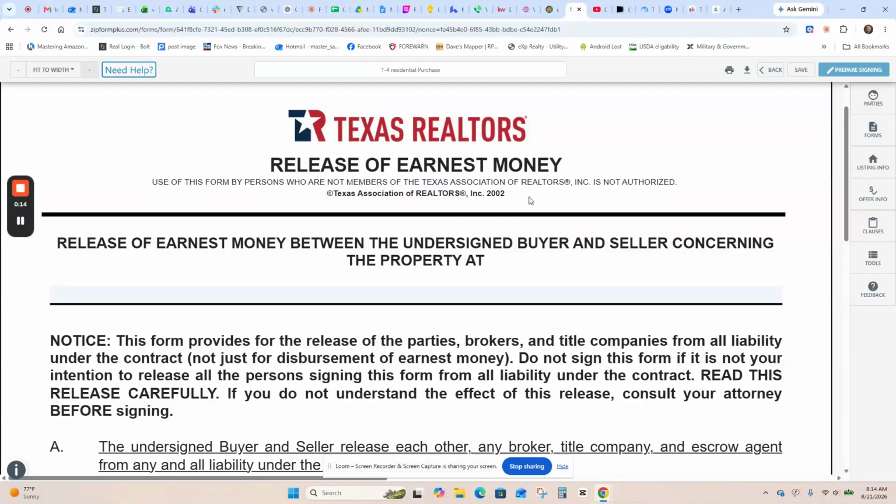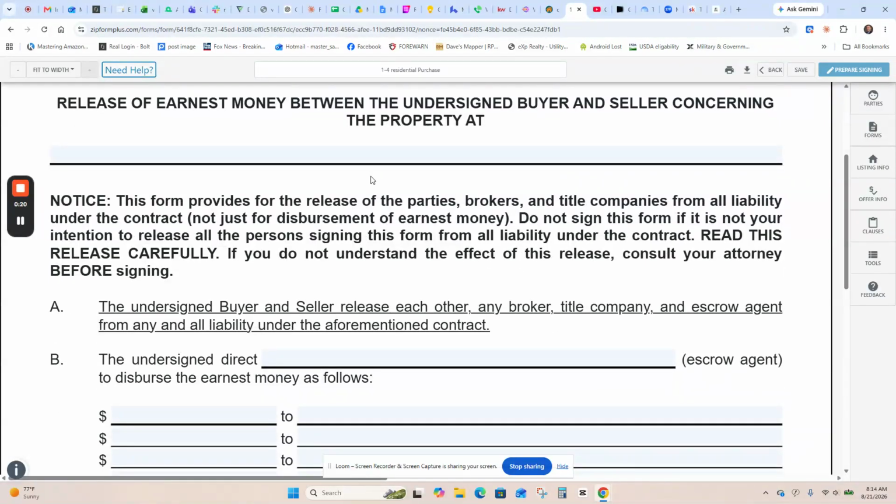Now again, this is when the buyer has backed out of the contract and they're asking for the seller to release the earnest money. Like it says, this form provides a release for the parties, broker, and title companies from all liability under the contract, not just for disbursement of earnest money. So that's important. Once you sign this form, everybody is free from liability under the contract. Again, do not sign this form